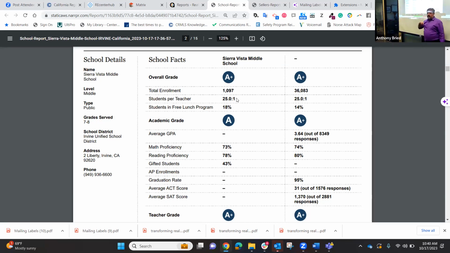Math proficiency, 73% of the student body, 7th and 8th graders are proficient in math. They know how to add, subtract, multiply, and divide. 73%. Is that good? Compared to what, right? Well, think about it. Do you remember back in school? Were you ever rated on 100%? What was 100%? A plus, right? But then 90 to 99 was A, then 80 to 89 was a B. C was 70 to 80. So think about that. Almost 30% of the student body does not know how to add, subtract,